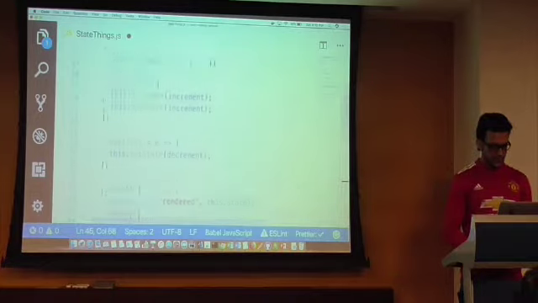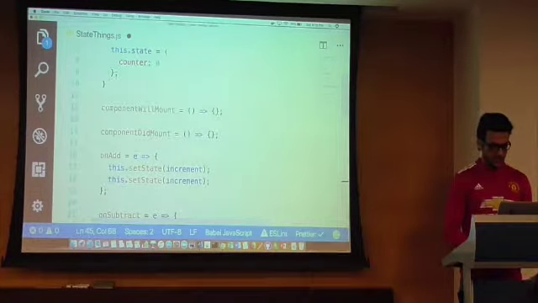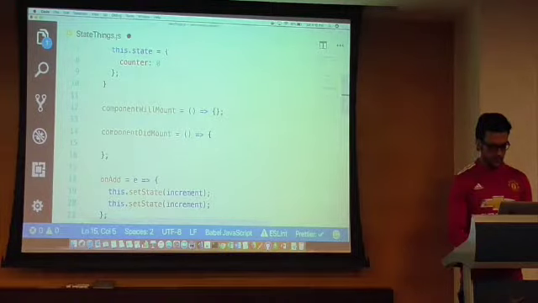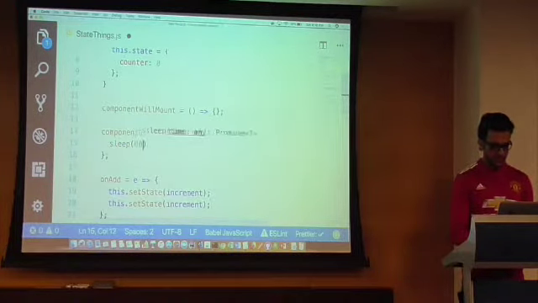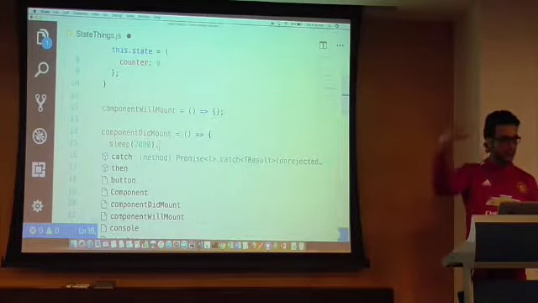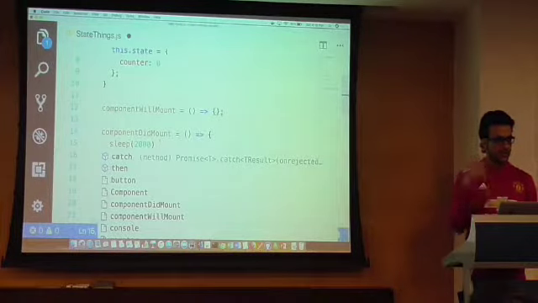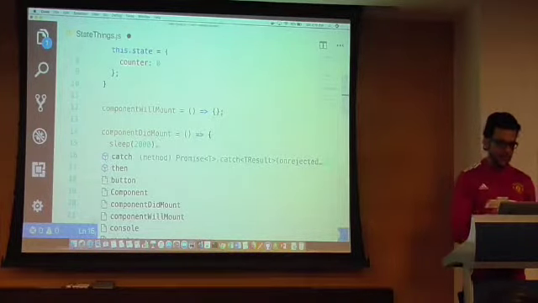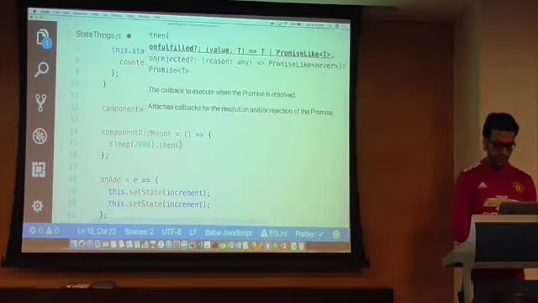I'll do something in componentDidMount. I'll just sleep for some time, like 2 seconds. This is mimicking the scenario of a fetch call. In componentDidMount, you might want to query some APIs, get the result, and then set it in your state, right? So what you can do is